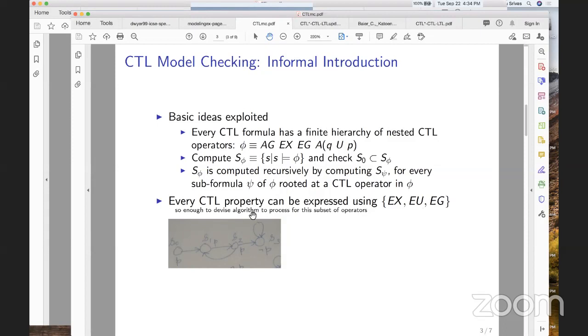So it's enough to devise an algorithm to process a subset of these operators: EX, EU, and EG. The others can be expressed in terms of these using the negation operators, and that's what we do. So I'm going to use an example to illustrate this,